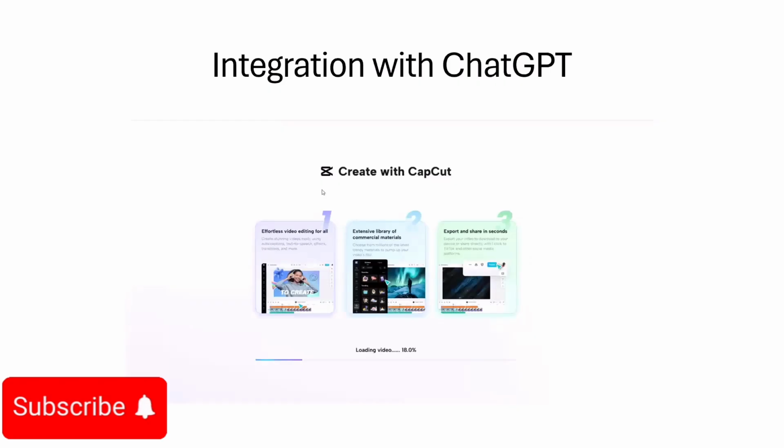straight to CapCut, right? And so it took a while to actually create a video, so it was not an instantaneous process. It took, I don't know, maybe 2 minutes, 3 minutes. It didn't happen right away. It created the video, and eventually it did actually produce something, right? And so when I clicked on the link inside of CapCut,